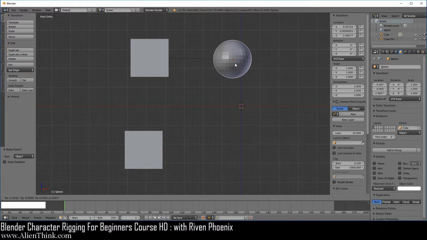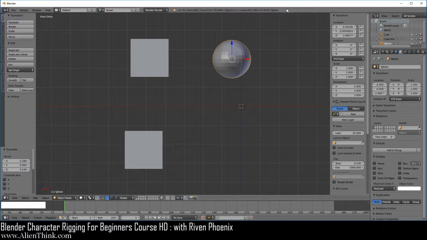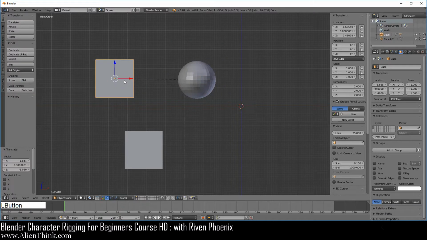Notice that the location is changing over here. Now when you have this child selected and you remove this cube over here, notice that when you are moving the child, you're actually moving its location over here. Go ahead and click this, press the Shift key down, click over here, do Control P, and click on Object. Now, when we click on this object, press the G key to move it. Notice that the location is not going to change because this object knows about its original starting location.